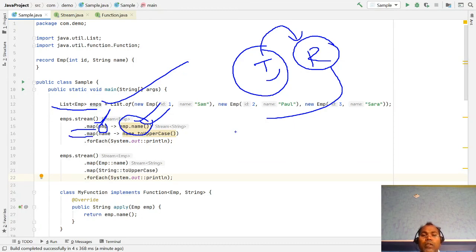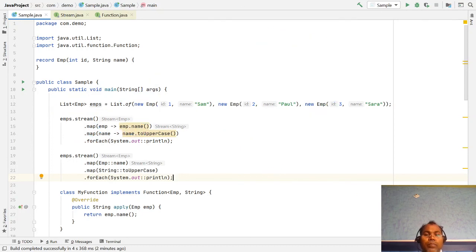The map function is a one to one map. If you are passing one object, it returns one object. So if you have a list of 1, 2, 3, or a list of 3 employees, whenever you call map it always returns a stream of 3 items. Here are 3 names, and the 3 names you printed here.